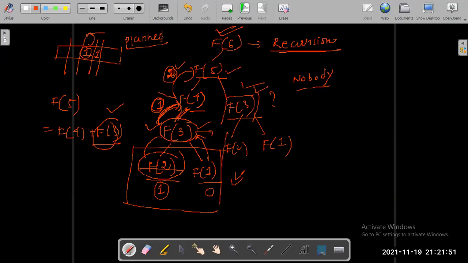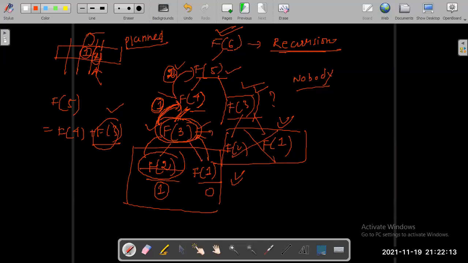So to avoid these function calls, what I have done is, f of 3 was calculated previously and I have stored its value inside the table. I will check the table whether this value is present or not. If it is present, no need to call these two functions again.